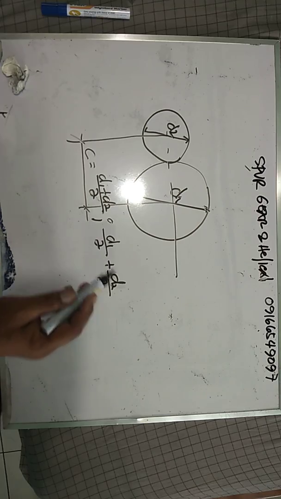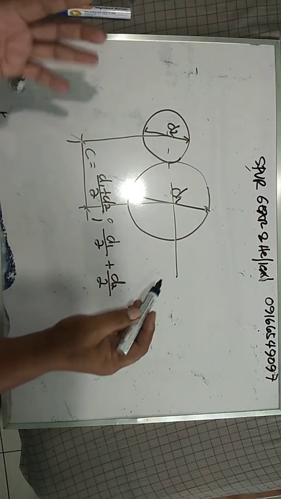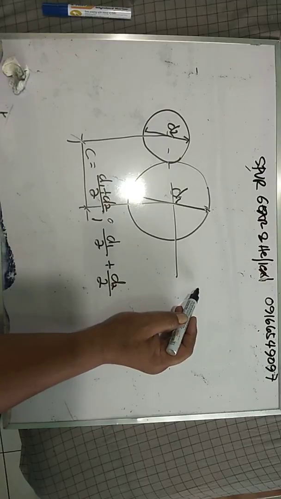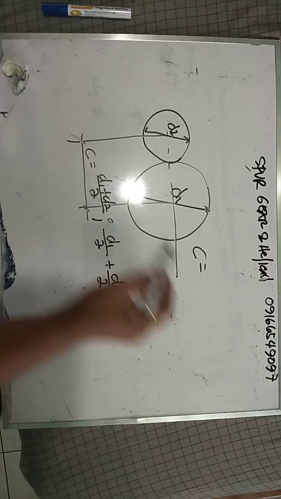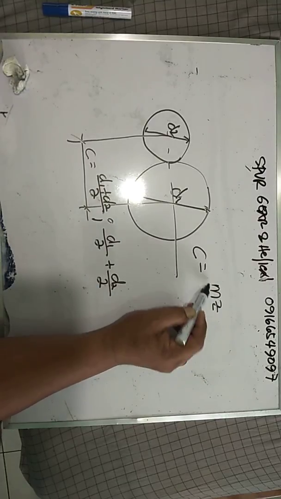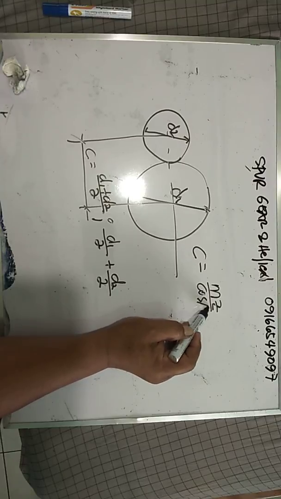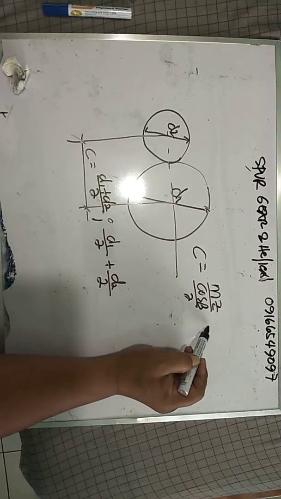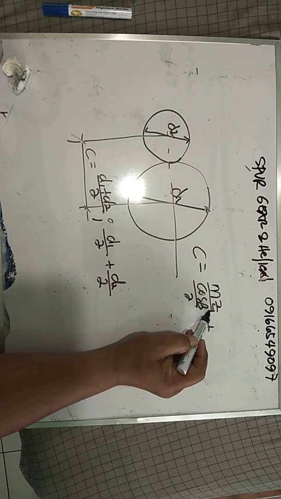So what is D1 in helical gear? D1 of helical gear is module times Z1 over cosine beta, over 2, plus